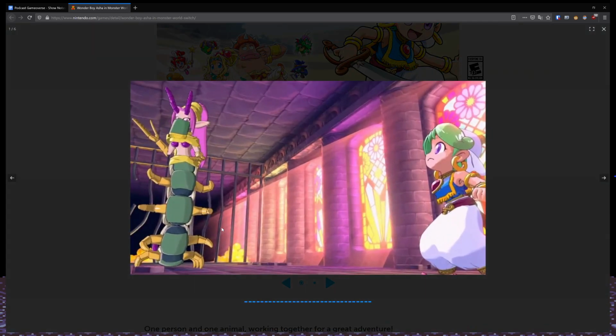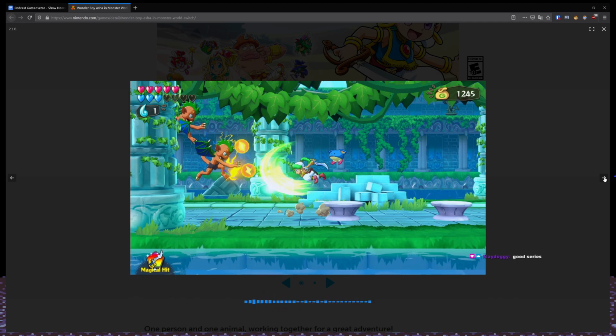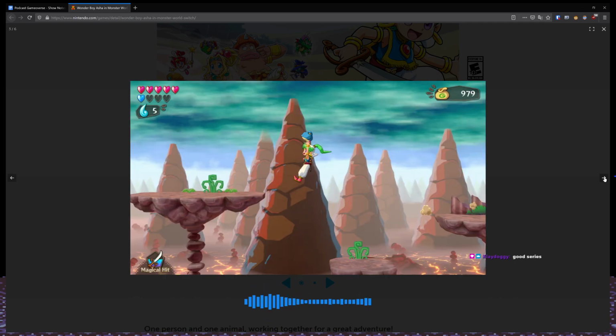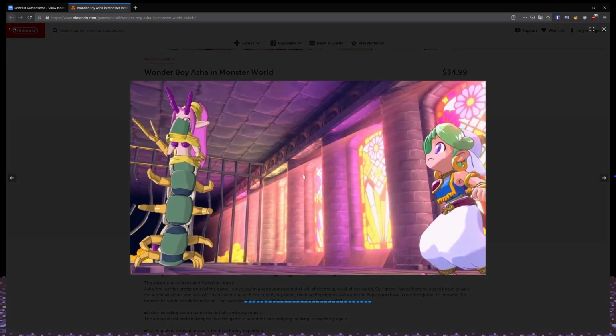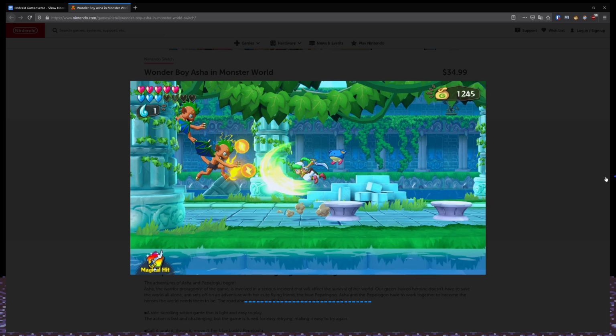Yes and no, the originals. I never played the originals. No. But these look like Way Forward games. Wait, is it Way Forward? I don't think it is. Monkey Craft, Studio Art Dank. But this looks like a game Way Forward did called Monster Boy, which I guess is the series. What I've been told is that Wonder Boy and Monster Boy have a connection, but I don't remember what the